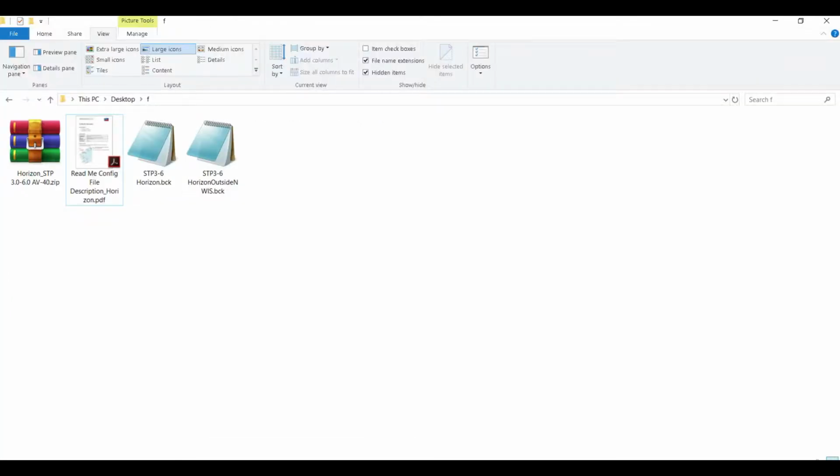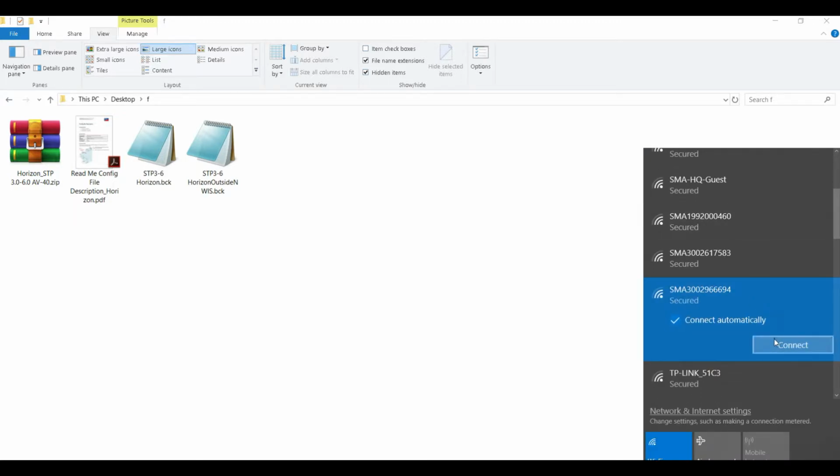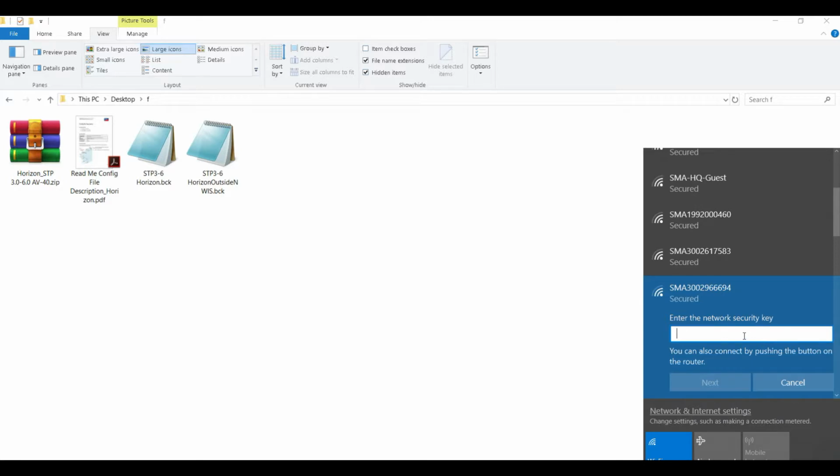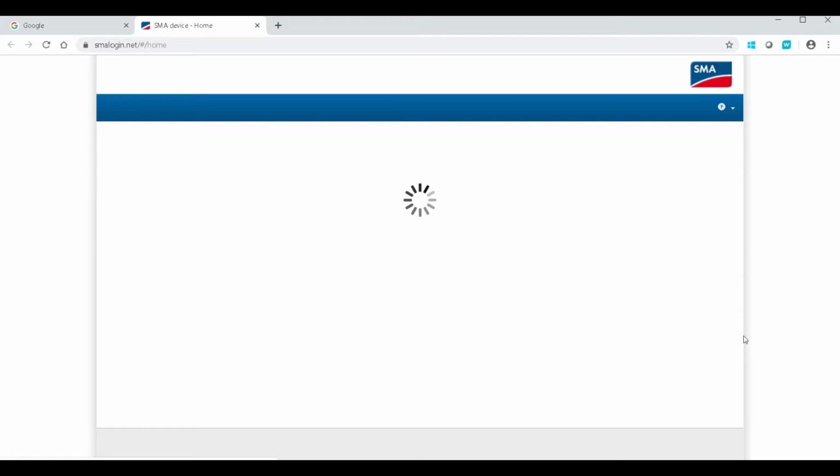The first step is to connect to the inverter from your smart device. We will do this with WLAN in this case. Find the inverter's WLAN network, which is simply its serial number. As our inverter has been running for more than 10 hours, I'll need to enter the password written on the type label of the inverter next to the WPA2 PSK label. Once you connect to the inverter's WLAN, if it has new firmware, it will automatically open the user interface of the inverter. Otherwise, you need to go to